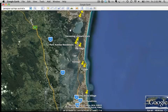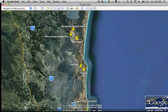Over the next 10 years, that means this strip here is going to become very, very exclusive real estate as the economy just south of the river starts to drive the employment. At a more